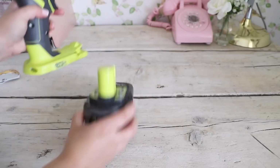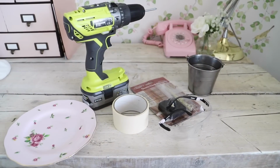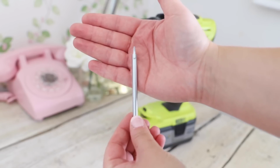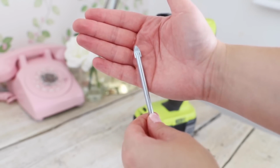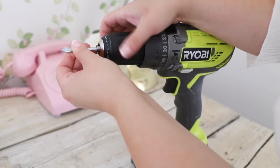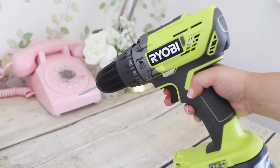The most important thing for this DIY is your drill and your drill bit. You are going to need some extra things, but the drill bit is the most important. I'm using an 8mm tile and glass drill bit. Make sure you have the correct settings on your drill and the right speed, and then you can get ready